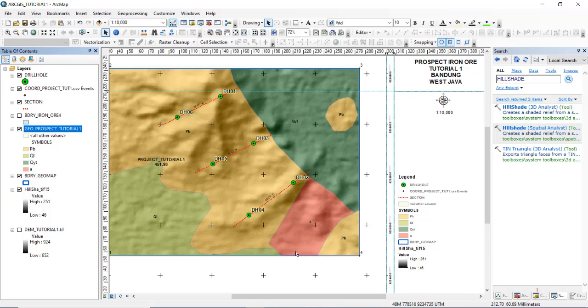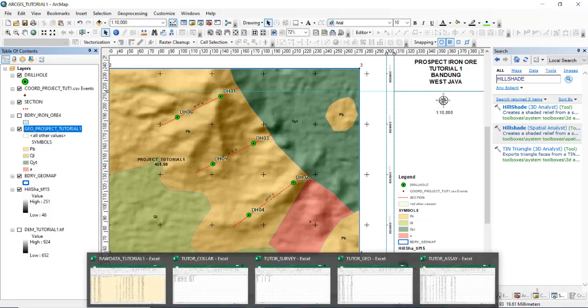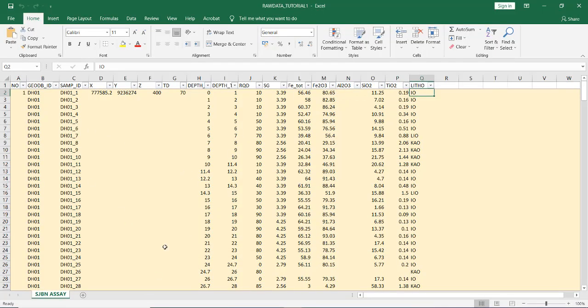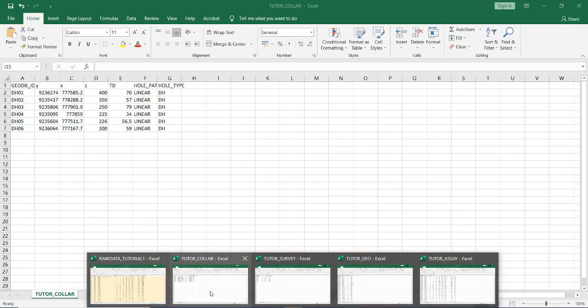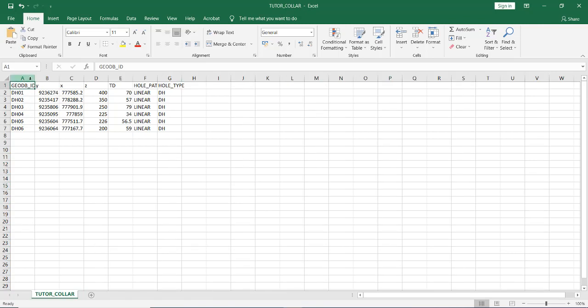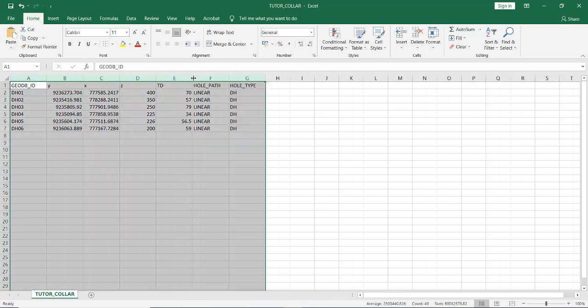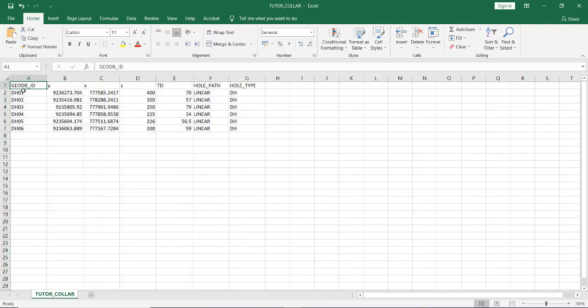Okay, we start modeling the database management. First, I check the database for input to the database in GeoVia. Start from collar. Okay, we have columns for geodatabase ID, Y coordinate, X coordinate, Z coordinate.